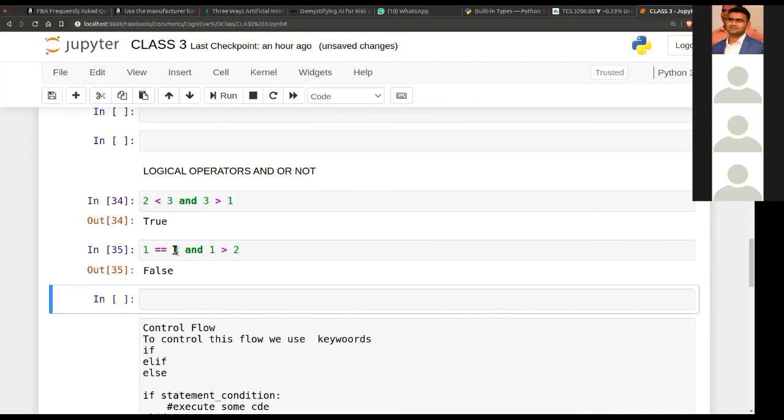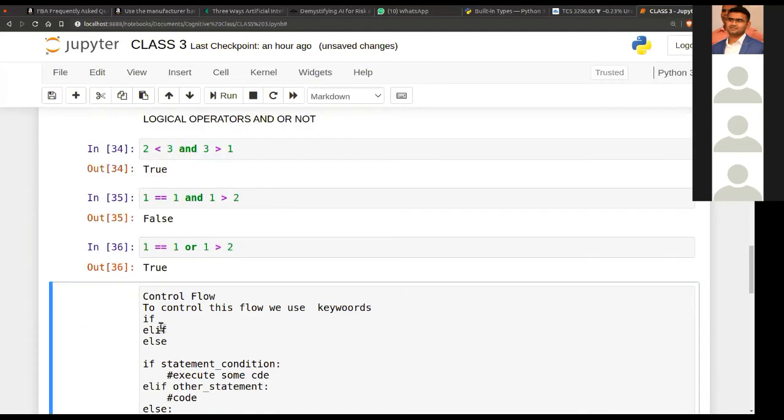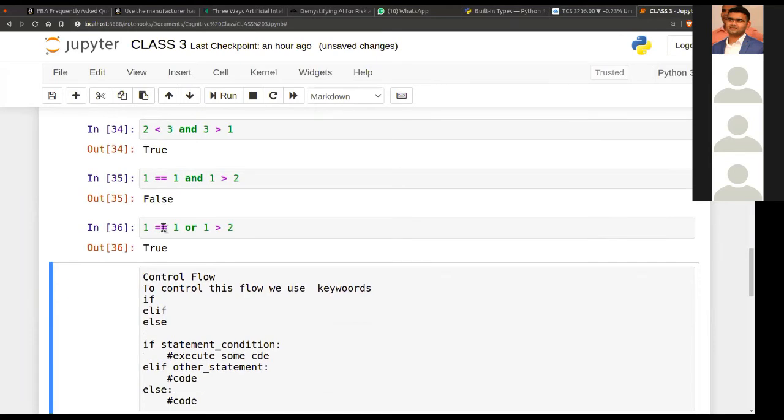Similarly, we have or. Suppose we use or here in the same example: 1, 2. So it is true, because for an or operation we need only one statement to be true. This is how we chain the conditions.